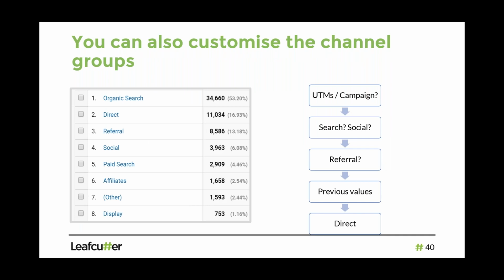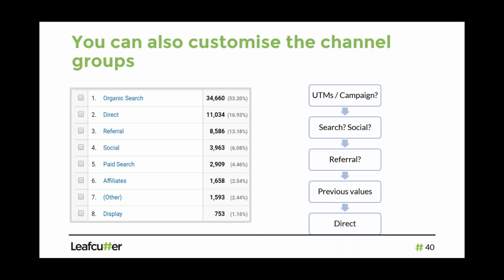With the channel groups, I mentioned these can be totally customized to whatever you want to see in there. Just keep in mind that Google goes through almost a flow chart of deciding where the traffic came from. The first thing it checks for is the campaign tagging or UTM values, and that's how it overrides the rest of the list. Way down at the bottom is direct, and that just means Google has no idea where this traffic came from. It should be called uncategorizable, because Google has no information about where the traffic came from. There are a few reasons why that can happen, probably a bit more than we can get to today, but I'm just letting you know.